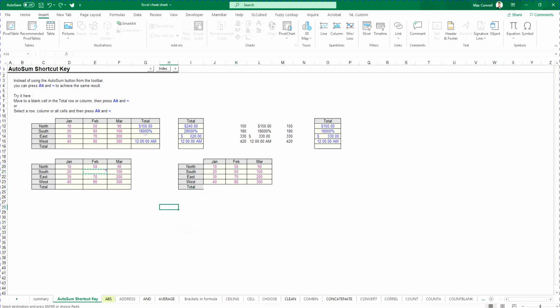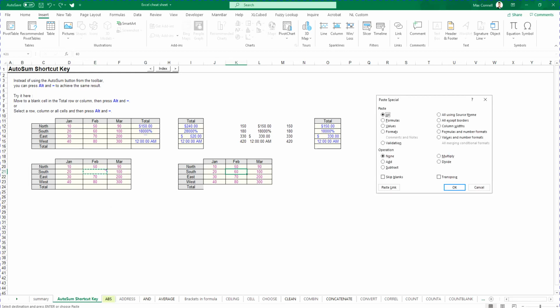But I'm also too lazy to basically copy across the text, especially if it's a very long comment. So what you can actually do is go Control C and then go to the special paste menu. So I'm going to go Control Alt V to bring it up. And then from here, you can actually go